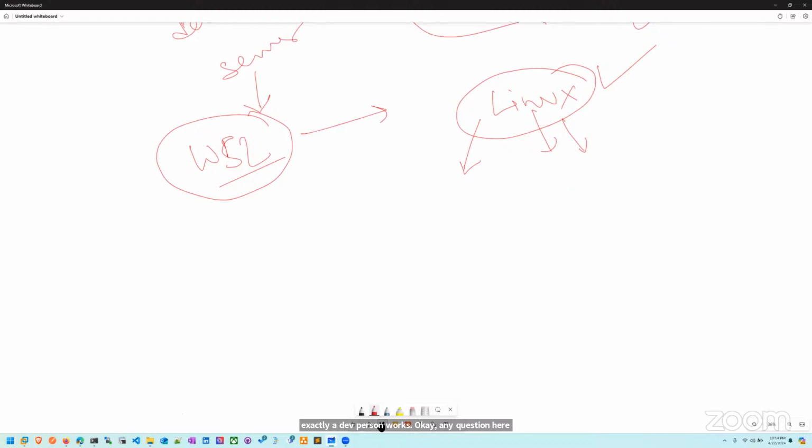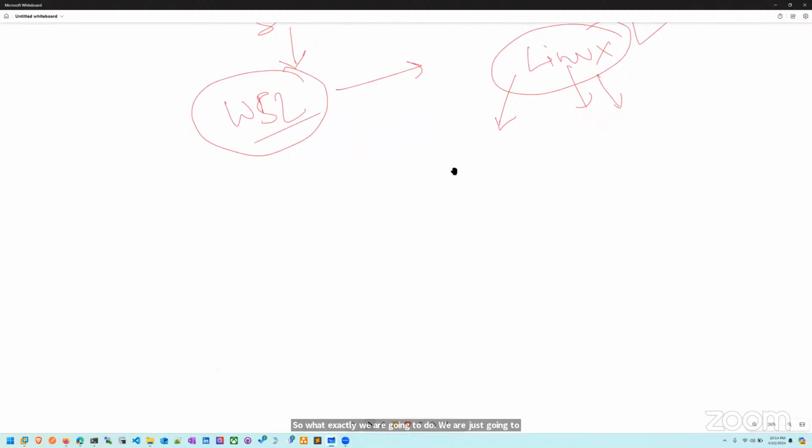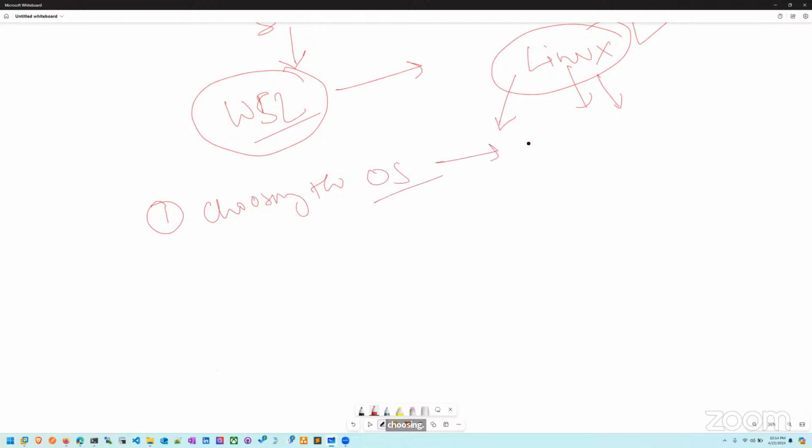So what exactly are we going to do? We just understood that the first step in building your own developer workstation is choosing the OS, the operating system. So now we have chosen that Linux is going to be your choice of operating system. Now, when it is Linux,